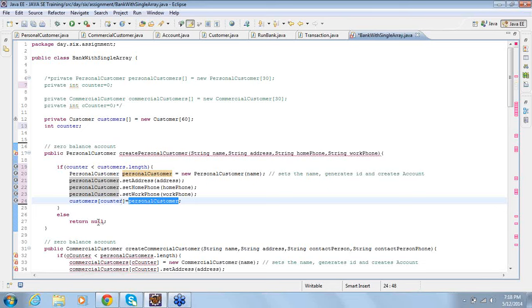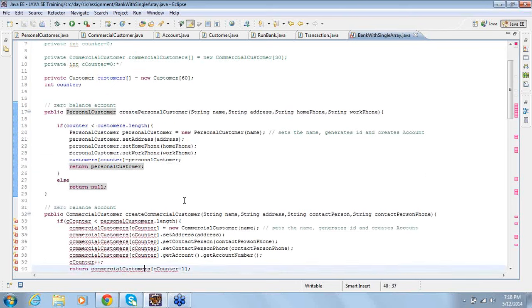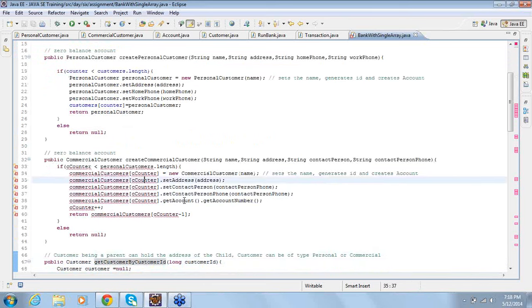Then after that you set return null, but if the customer is created, then we should be able to return that personal customer object. That's it, done. The same thing I should also apply for commercial customer.